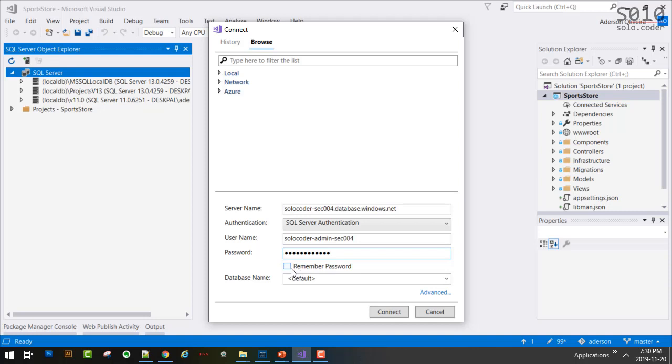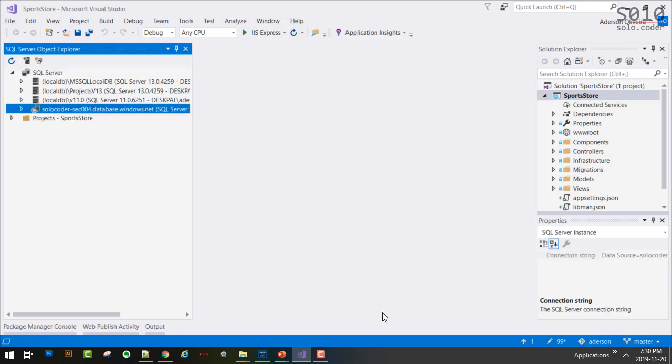And I'm going to select remember password so I don't have to keep entering it every time I need to connect. Don't set a database, because this will show you all databases that are available in this server. So I'm not going to set the database name, I'm just going to click on connect.